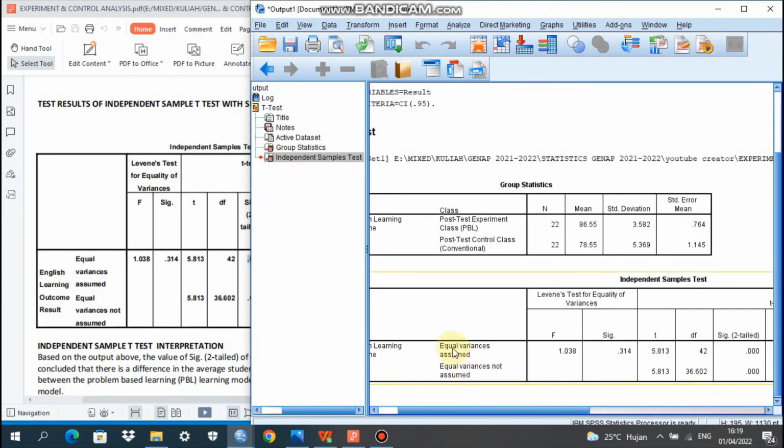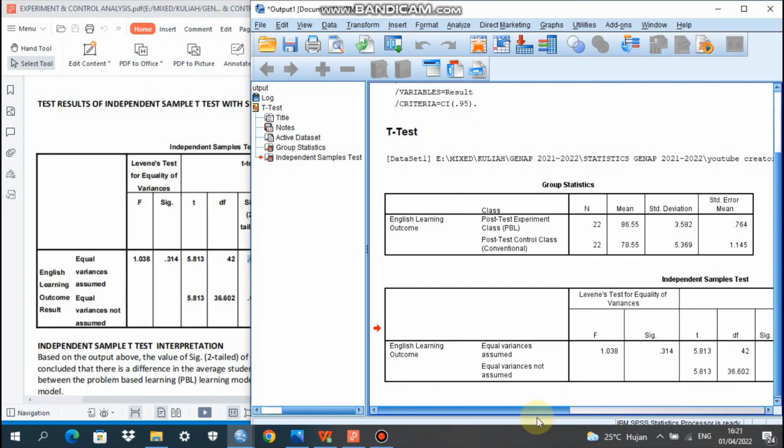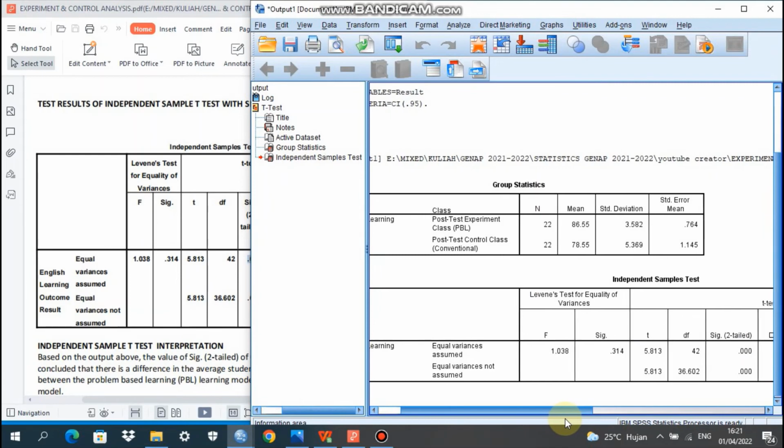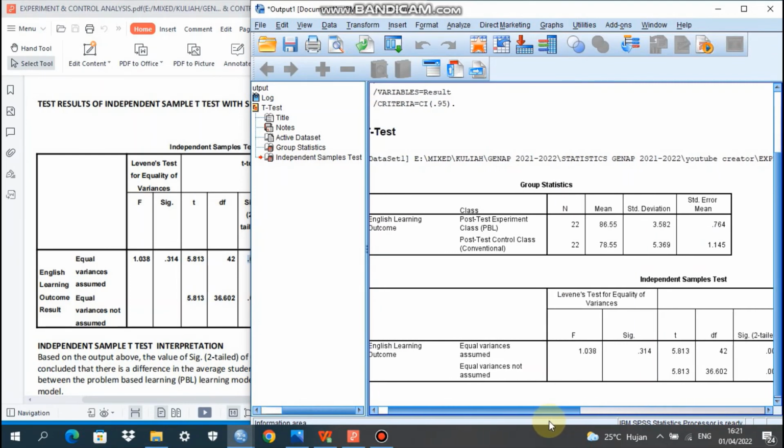Okay, from this line, we can see here the significance two-tailed is 0.000. Okay, we can have a look at the result of the output of the analysis of independent sample t-test using SPSS. We have two outputs. The first is group statistics and the second is independent sample test.